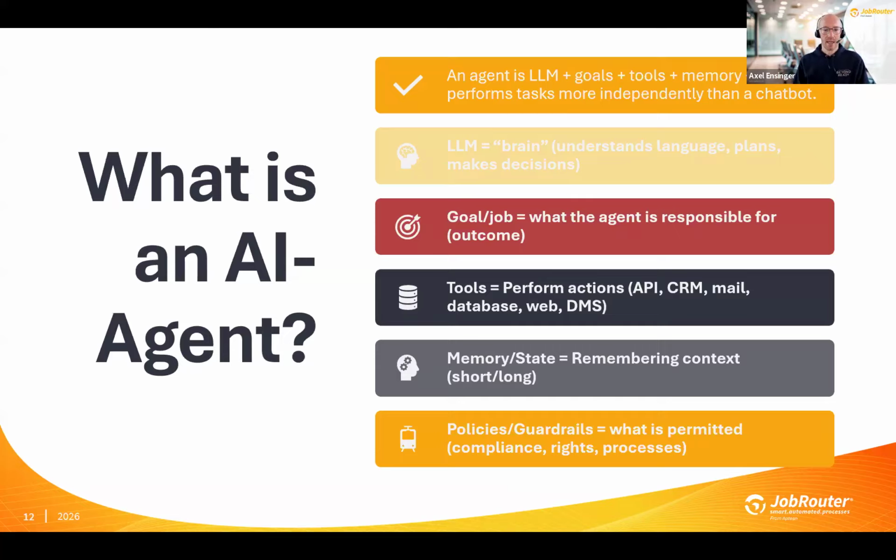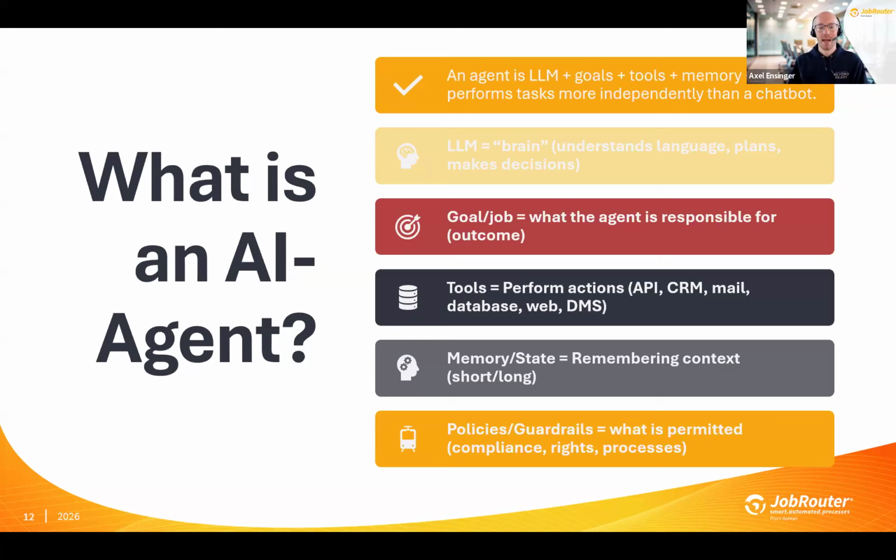And here comes the next part, and this is the big difference between just an LLM that you talk to and an agent. An agent has tools, because otherwise he can only describe what to do. Maybe he can deliver text back. He could even do some programming and deliver you back some source code.